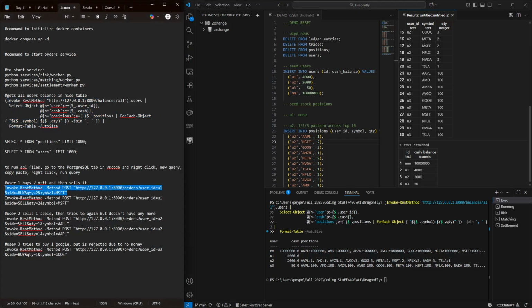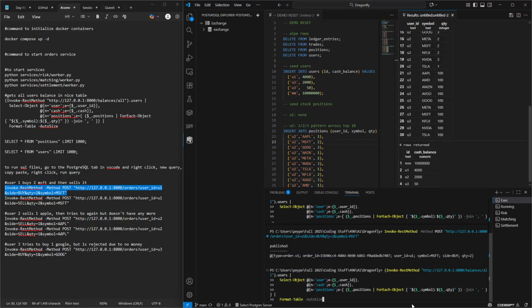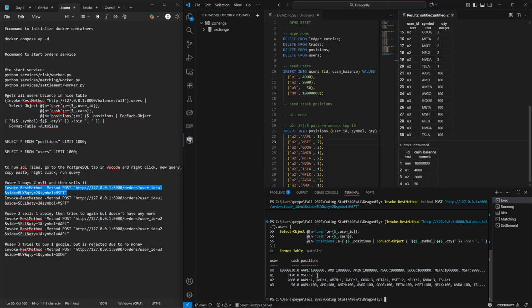And then if we do this method right here, this is going to send a message to the orders API with the user 1 buying 2 Microsoft. So if you want to run different stock purchases or sells, you just use this command, you invoke it with the REST method. So if we do that, and then we look back at our table, you can see that